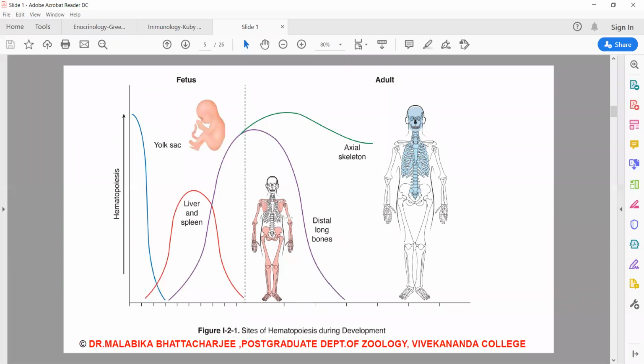The bone marrows are the main sites of proliferation, and for B lymphocytes, maturation also. But in the case of T lymphocytes, the maturation and schooling is done in the thymus. As we progress further, the maturation and proliferation continues for the B lymphocytes, but you can see the bone marrow of the axial skeleton is involved as we progress further into adulthood. But when we are teenagers, you can see the distal long bones. Those bone marrows are the main site of maturation.